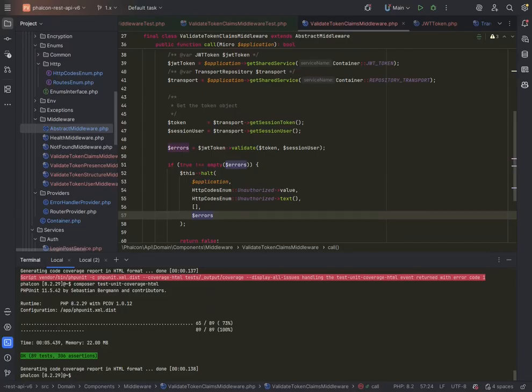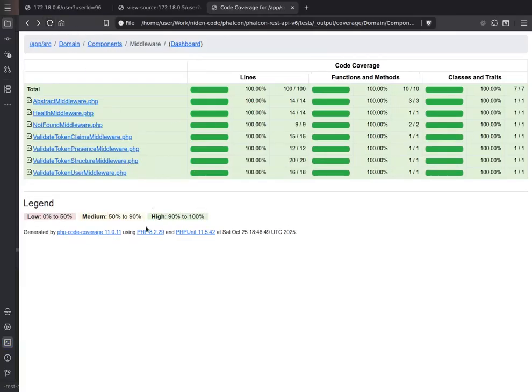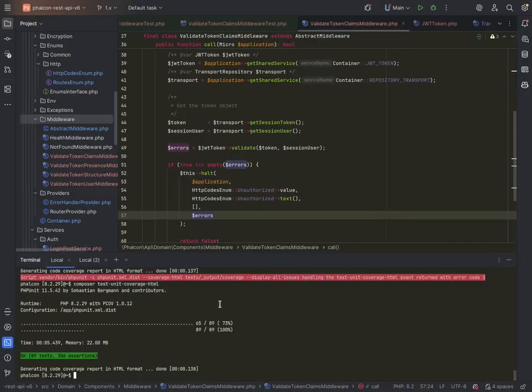And if we go to the code coverage and refresh, we got 100% code coverage everywhere. I'm not going to bore you with running PHPStan. I can do that a little bit later. Of course, I need to tidy up the repo a little bit and some other stuff that we've done, but